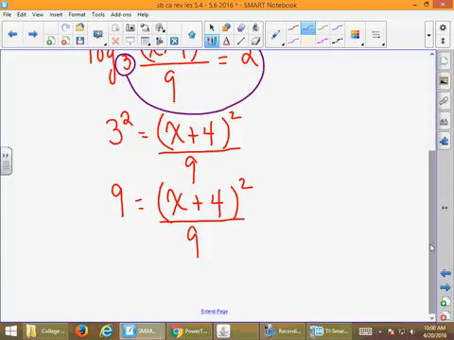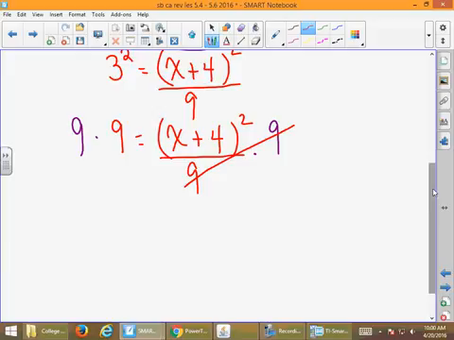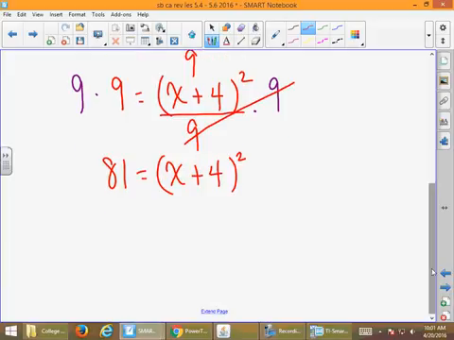And let's get that 9 that's in the bottom of the fraction, the denominator, out of there by multiplying this side of the equation by 9 and this side of the equation by 9. So the 9s cancel out here, and we get 81 equals x plus 4 squared. Well, last week in our notes, we did one of these problems here. We could FOIL it out, but there's an easier technique. If you recognize that this is squared, and 81 is also a square. It's 9 times 9. If we take the square root of both sides,